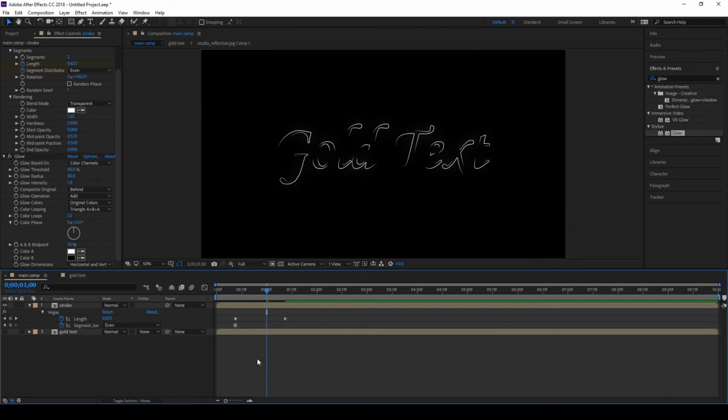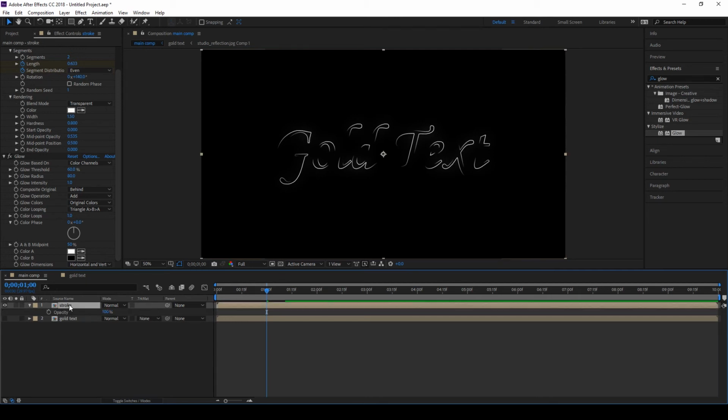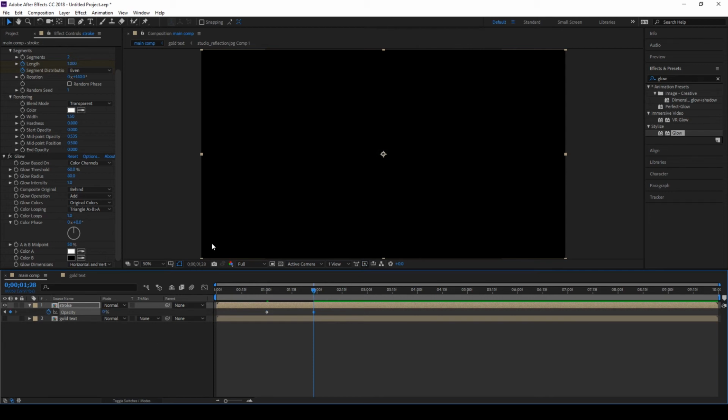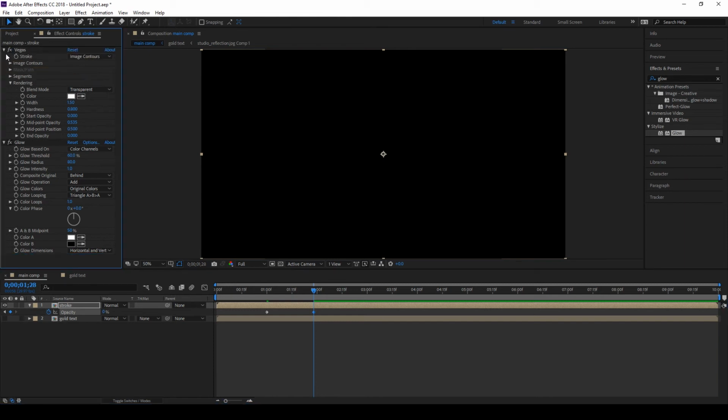So then what we'll do is go into our stroke layer and press T for the opacity, hit the stopwatch, and then we'll go a few frames, like 128, and we'll bring the opacity to 0. Alright, so now what we're going to do